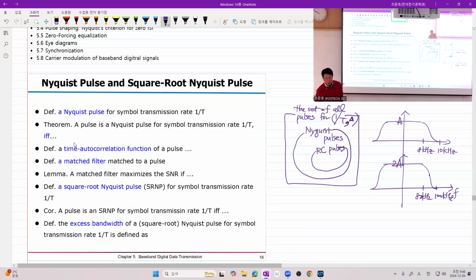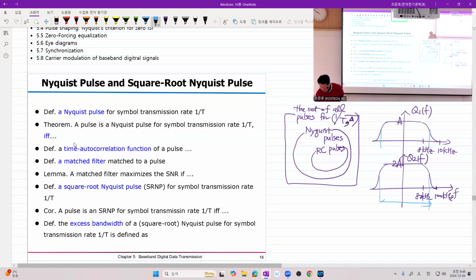And of course, you have symmetry. So they are apparently different raised cosine pulses. However, after proper scaling with respect to the horizontal and vertical axis, these two raised cosine pulses have commonality in that